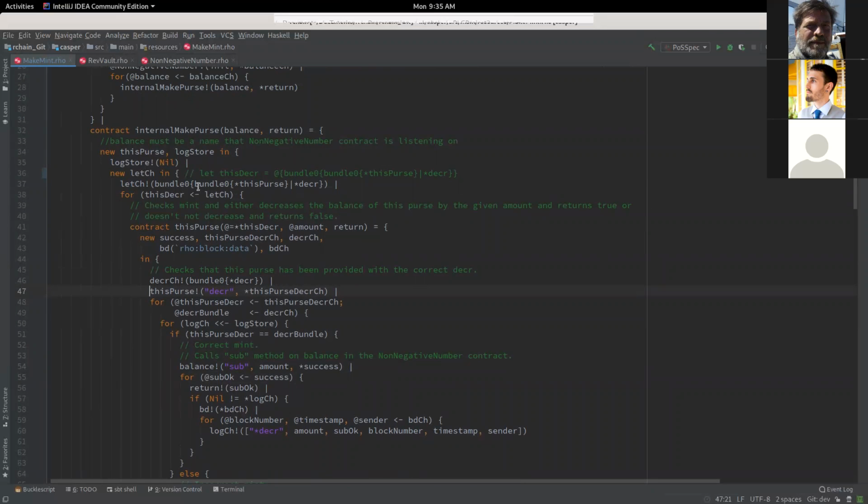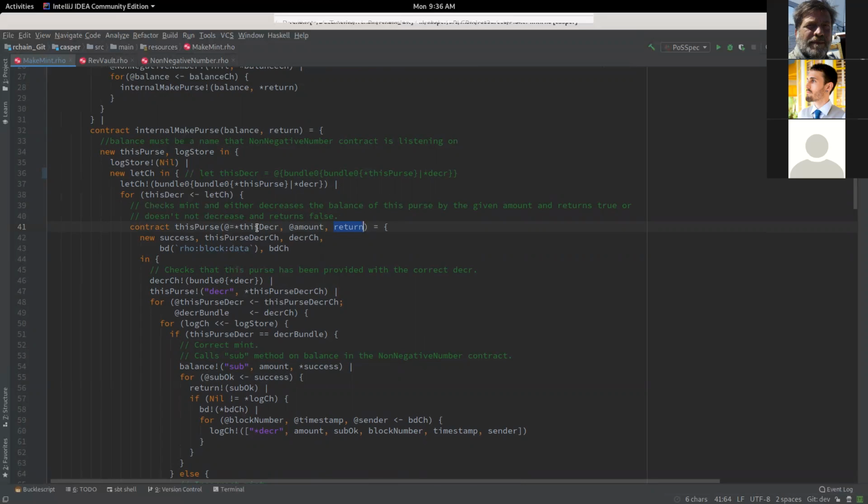So remember, we did all of this crazy binding to this name, and then basically picked that name up right here when we called this first contract. And we called this first contract with some amounts, and of course there's always a return channel just so I can get an error message or success message if everything works out. And basically what we're doing is, where's a good place to start? So I'm saying, okay, I have